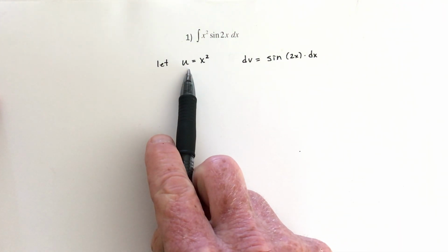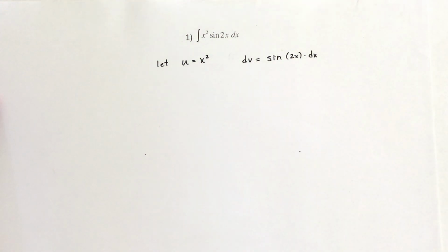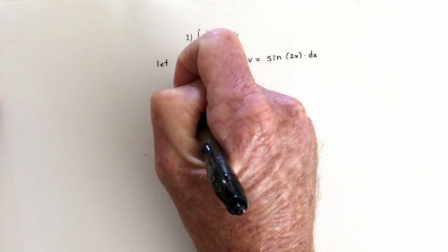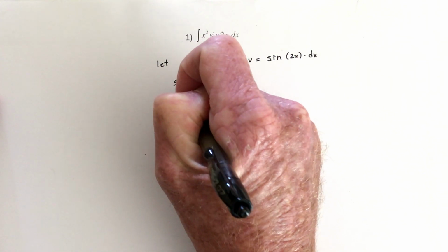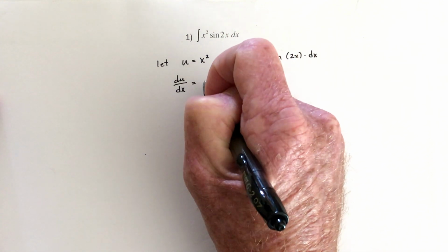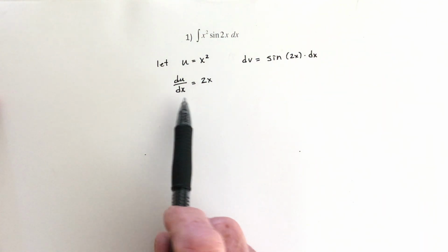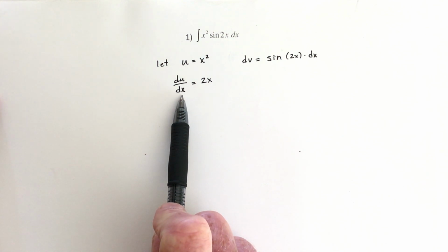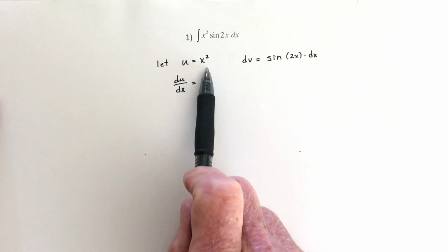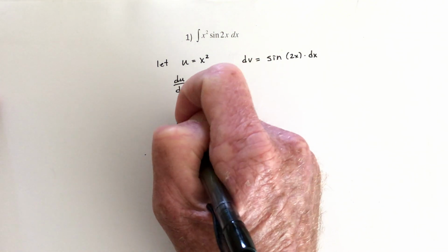On this side, we need to take the derivative, and on this side, we need to integrate. So, taking the derivative, that's pretty easy. du dx, or in other words, the derivative with respect to x, the derivative of x squared is 2x. Now, I need to do one more step here because I need all of the u information on the left and all the x's on the right. So I need this dx to move over to the right. So just multiply both sides